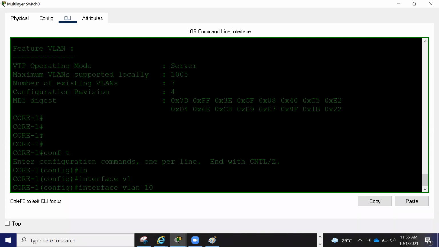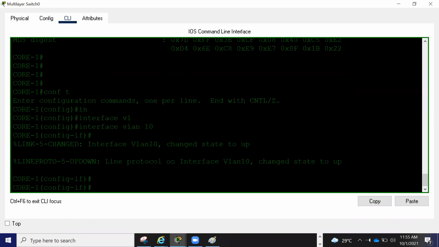SVI, switch virtual interface. Every layer 2 VLAN will have a layer 3 interface that is called SVI, and this is the place where we configure a gateway. Okay, VLAN gateway. So VLAN 10, this is the gateway.